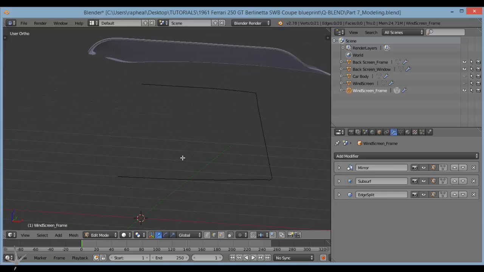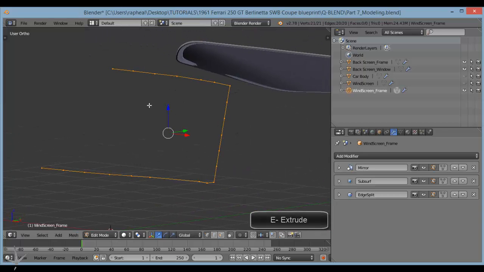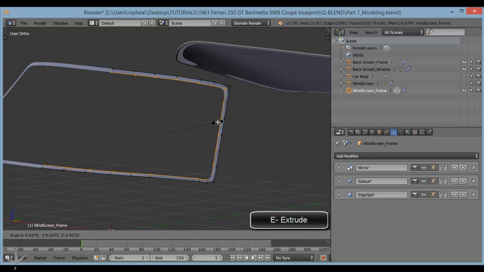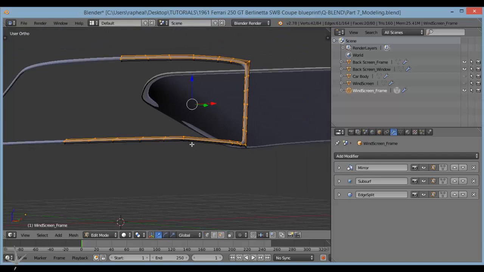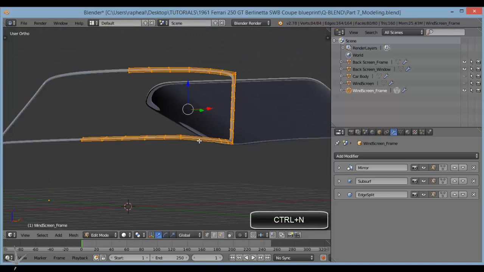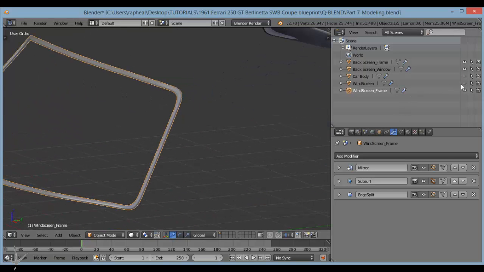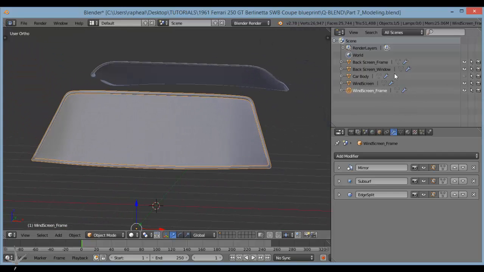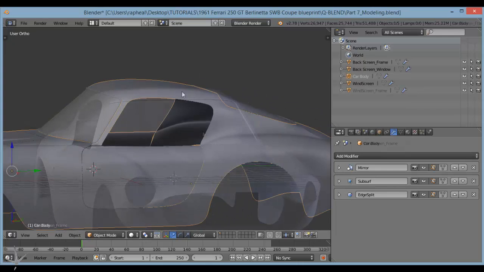So I have that. I'll go ahead and select all these edges, then extrude it and scale it down, then select everything and extrude it again, just a bit to form some thickness. Selecting everything and Ctrl N, T, and smoothing it so that we have that. Bring back the windscreen and the car body, and now we have to select the car body again,